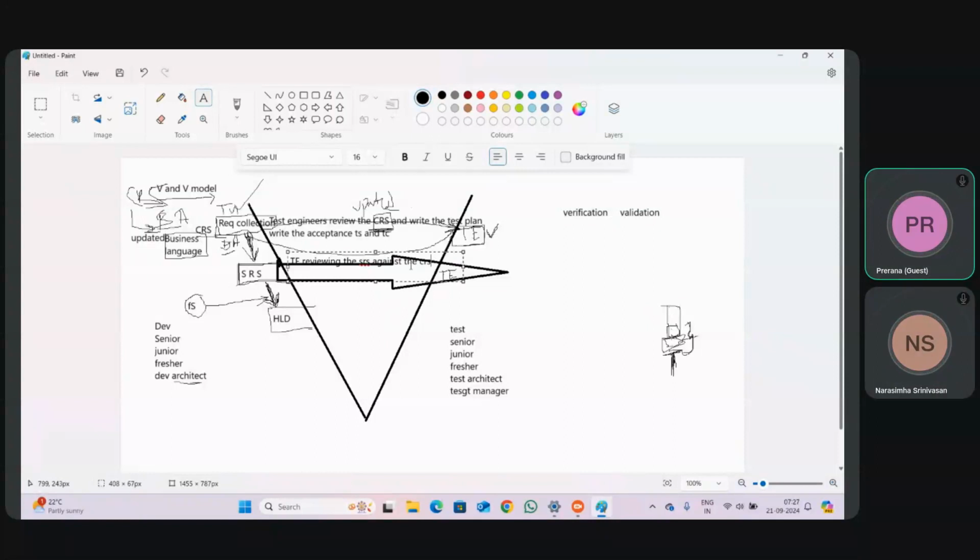Sir, what do you mean by against the CRS? See, I have one documentation that is the CRS, which is already good. The quality of the CRS is good. It is a requirement document given by the customer, and the quality is good. Chances are there, while the business analyst is converting the requirement CRS into SRS, he might have made some mistakes in the SRS.